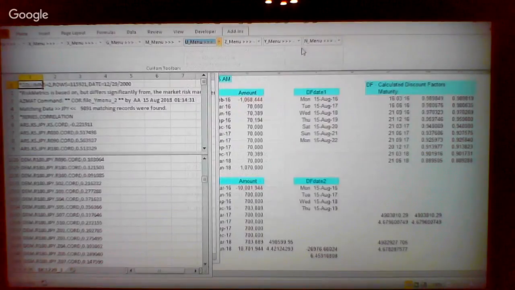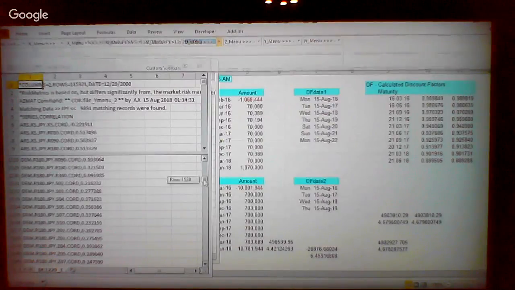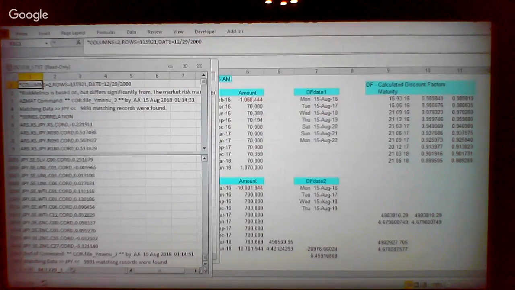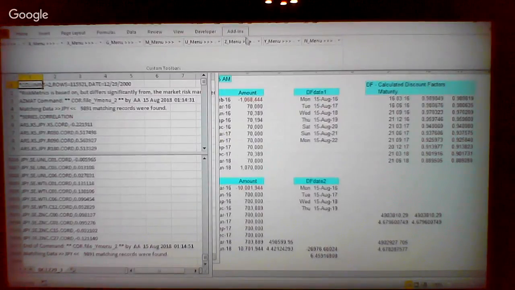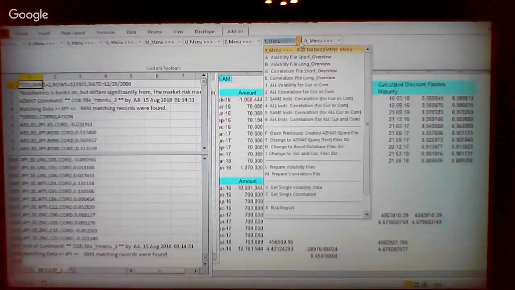So we will go back here this time. I'm just going to go in here and show you this, so we can see the end of this file. We did this for Japanese yen, JPY currency, and 9,891 matching records were found for that. So this time, instead of currency, we'll use gold, a commodity. So all correlations, this time I expect to see not